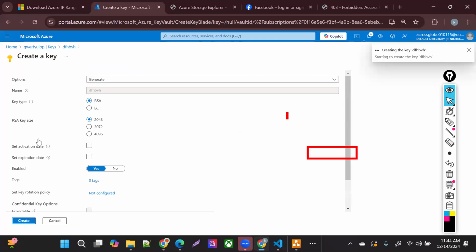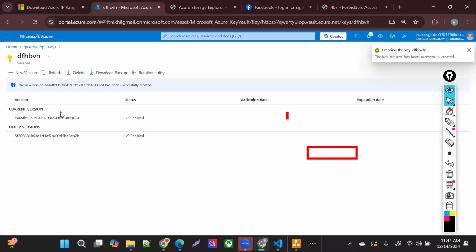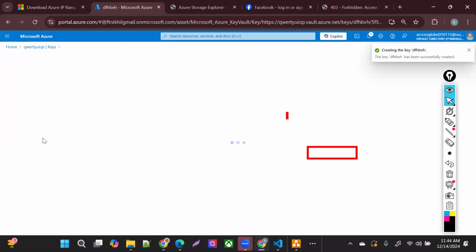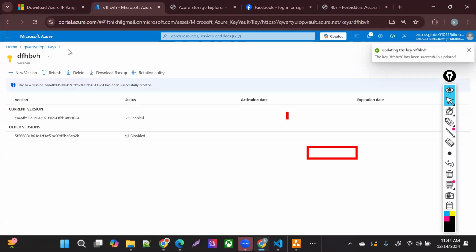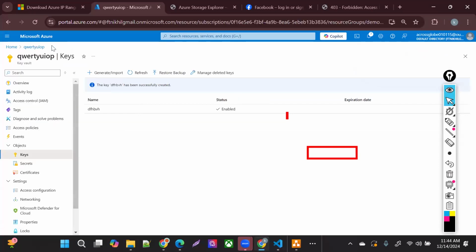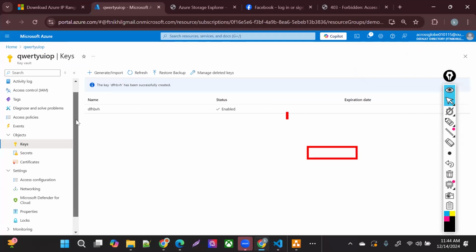Create the new version. And now the latest version, which you just created, is going to take over there, and you can delete the older version or disable the older version. I'm saying no, and then I can save it. That's it. There's no application update you need to do. Just do it in my key vault here, and the rest of the things will automatically work. This is not your stuff. This is going to work on the admin level. But yeah, how can you do that?